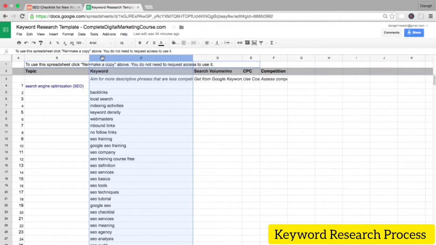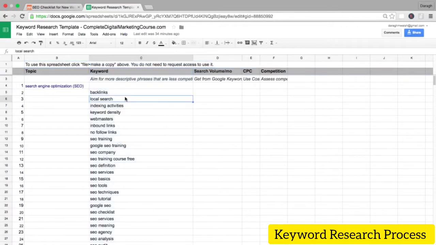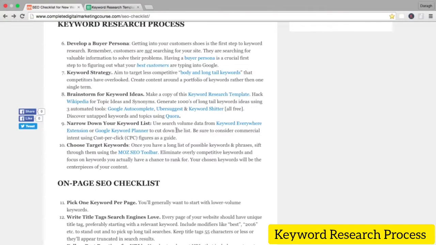What we don't want to happen is spend a lot of time writing something, figuring out that actually only 10 people a month search for that. We'd be much better off investing the same amount of time and energy into a keyword that maybe gets 1,000 searches per month. Search volume then is the first thing that we're going to look at,